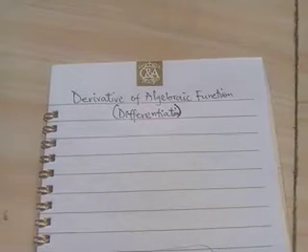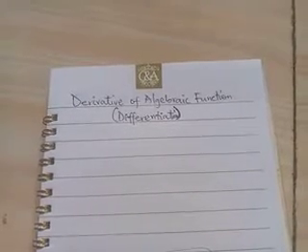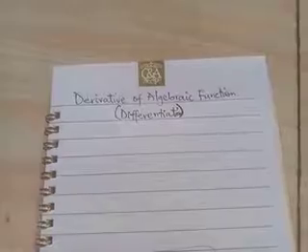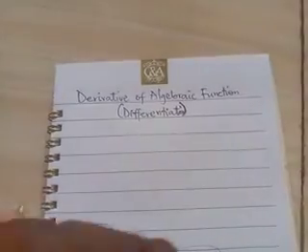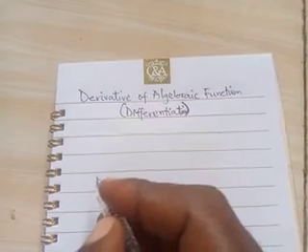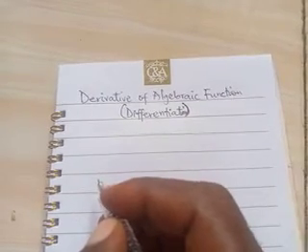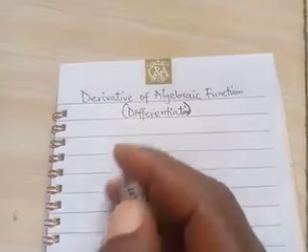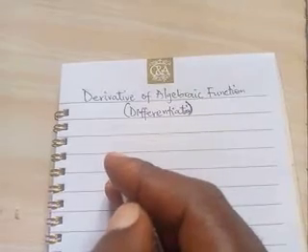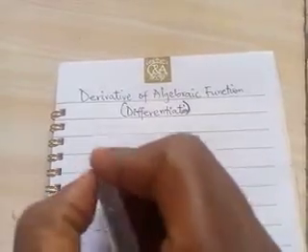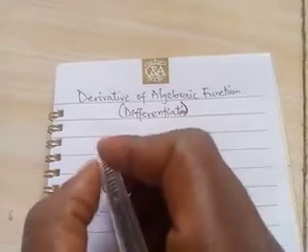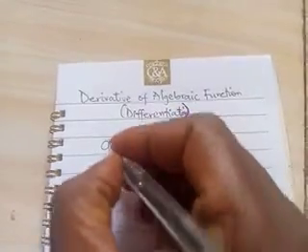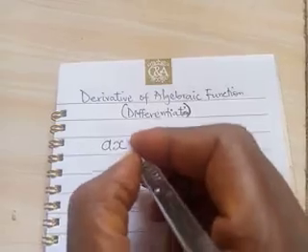In this video, we're going to look at the derivative of algebraic functions. Now, that's differentiation. Differentiation of a function in calculus is the rate of change of a quantity with respect to another. The general format or formula for differentiation is, if I have a being a coefficient of x raised